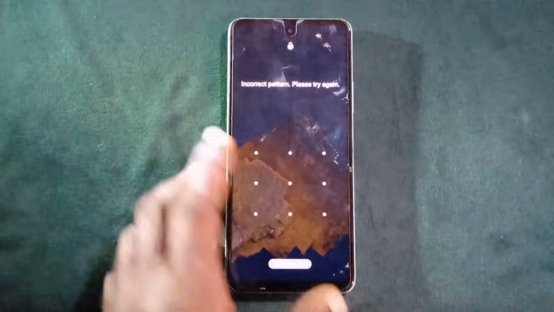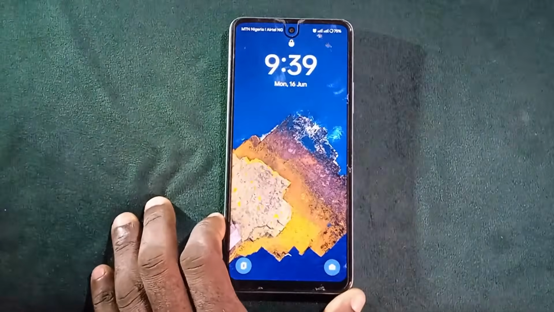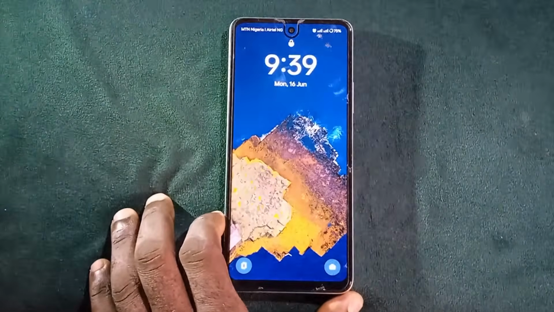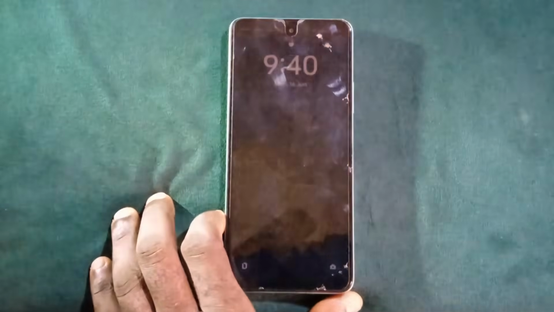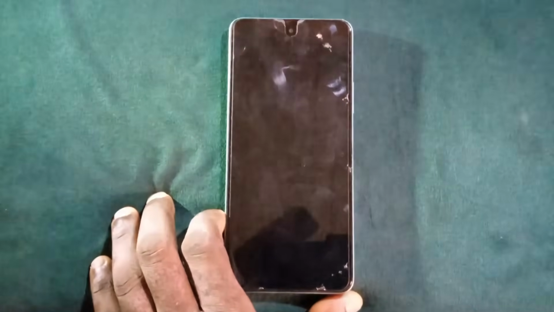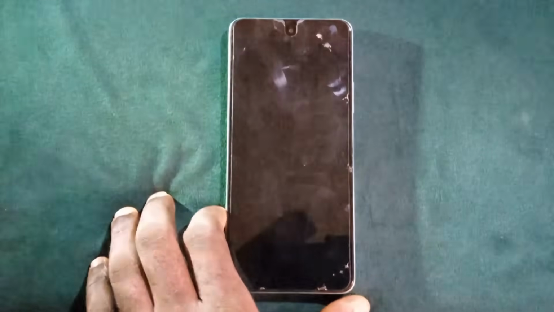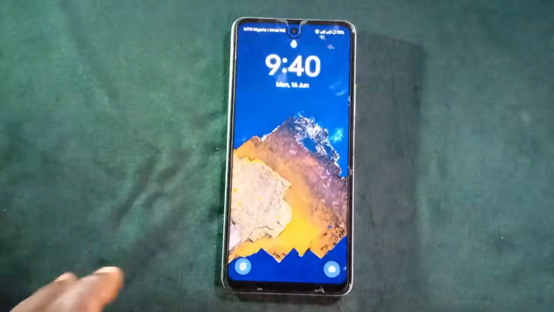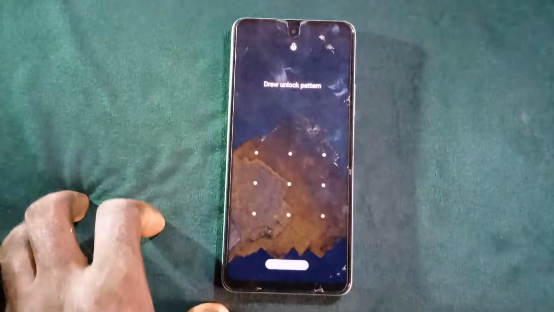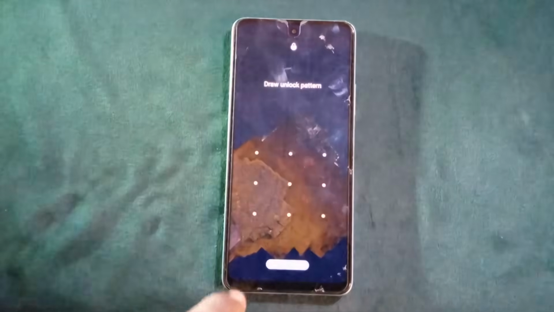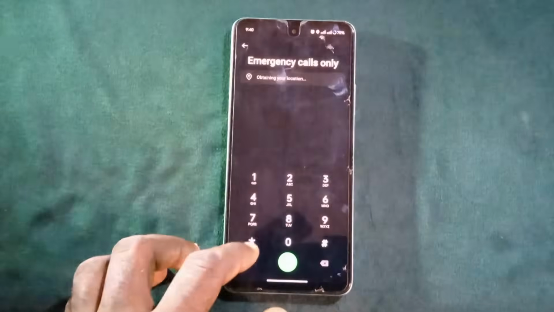Now I need to point this out. In case your phone has a particular period that you need to wait after inputting a wrong pattern, kindly wait for that period. Maximum period will be 500 seconds wait time, but if it has above 500 seconds wait time, then I may not guarantee you that it will work. After that, go back to the emergency call section and you're going to input this code: star